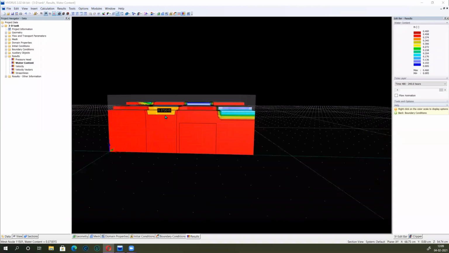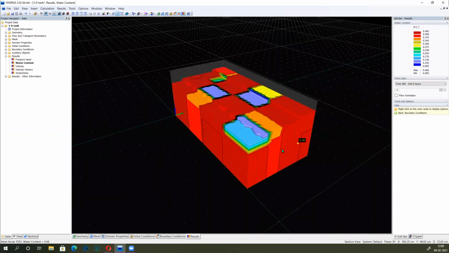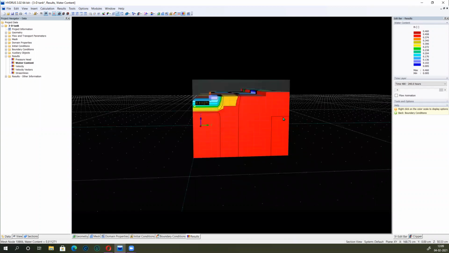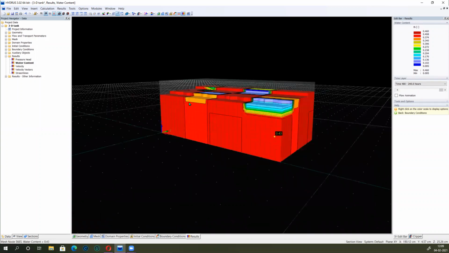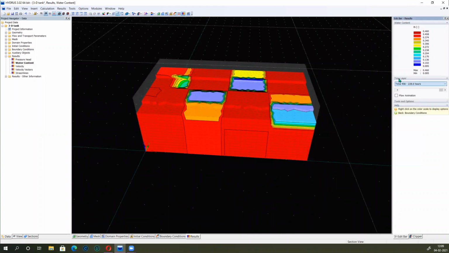Here I have sectioned the medium, and you can section the stratified medium and see that this section also has a different water content. So we can represent the result in that way also, showing at what time interval what the property is at different depths. This will take time to render because of the heavy calculation, but eventually it will come. So you can see, at what time step in the 3D architecture, at a particular location or particular node, what the situation of the results is. It may be water content, it may be pressure head, or it may be the contaminant.